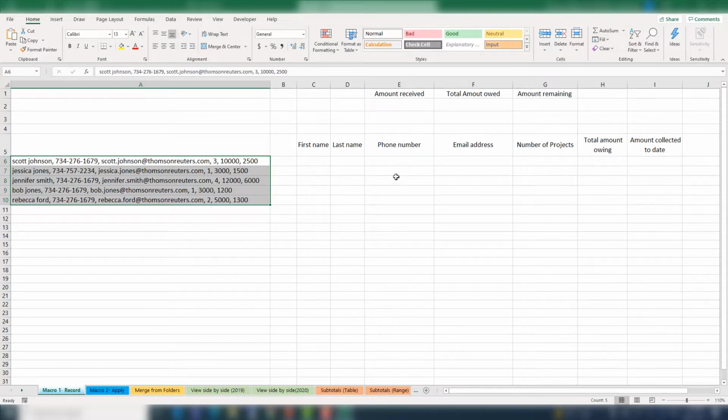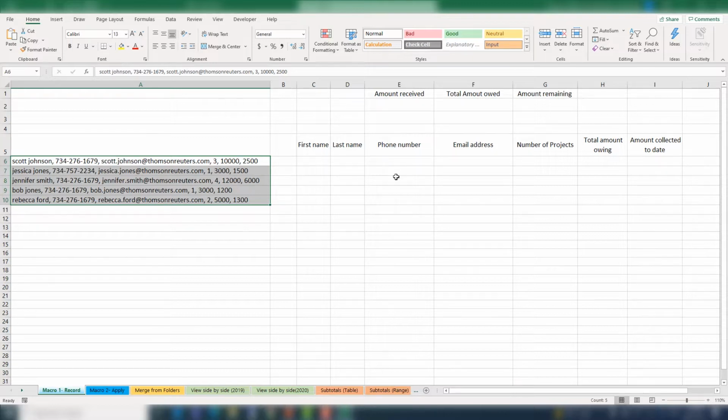And I receive the same data every day, and I need to perform these same tasks every day. So that's perfect because I can record a macro